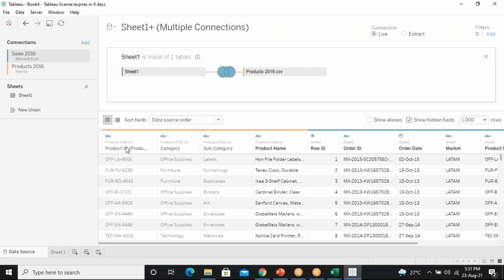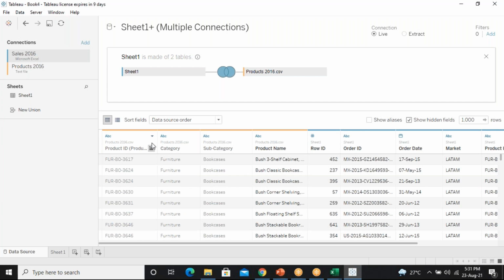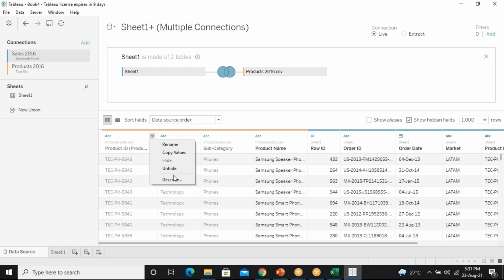Yes, sir. Yeah, so now, it will be grayed out, so you can see it is slightly dull. Again, if you want it unhidden, it's very simple. Again, click on the same place, click on unhide.